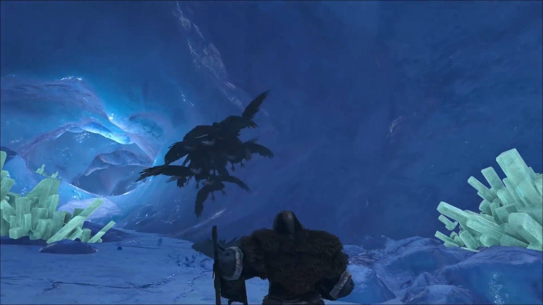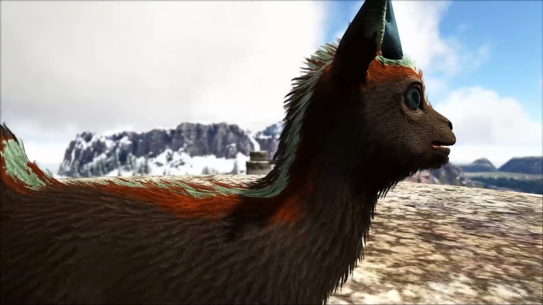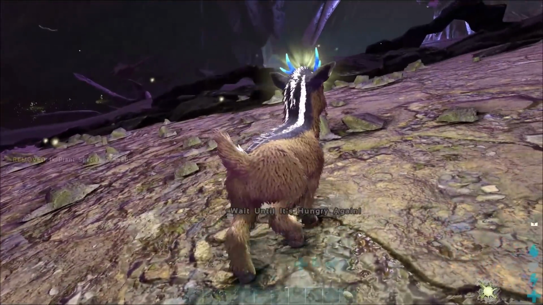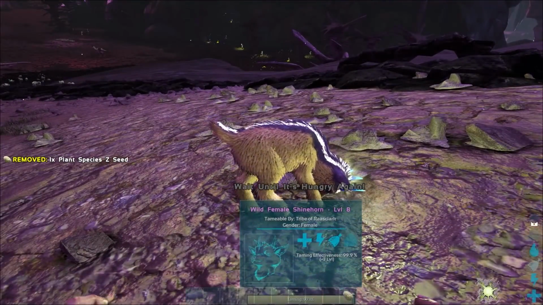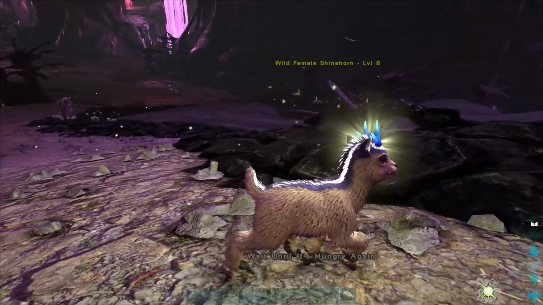pesky ice worms. In at number 9, the Shinehorn, arguably the cutest on this list, ironically found in the most hostile of locations, causing them to be rare finds at times. The Shinehorn is passively tamed with a variety of seeds and veg, but prefers plant species Z seeds and offers